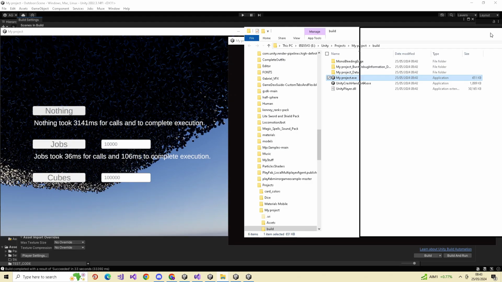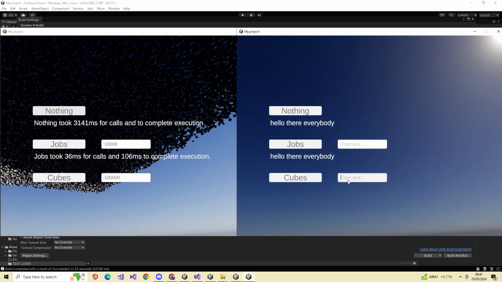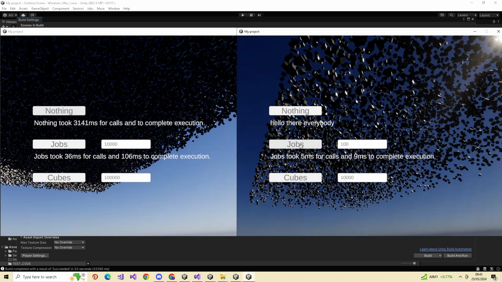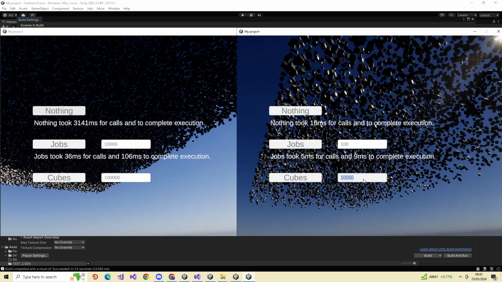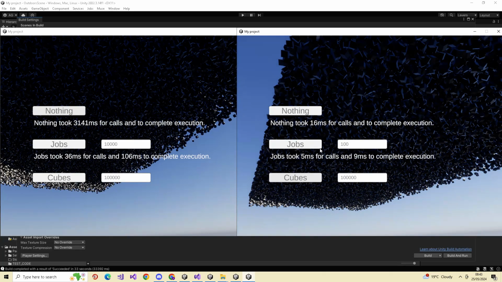But anyway, this would indicate. What's up with that? Here we go. This would indicate. Do 10,000. Just check it's working. Yeah, this will indicate what IL2CPP on the left does, if anything, to the job system.